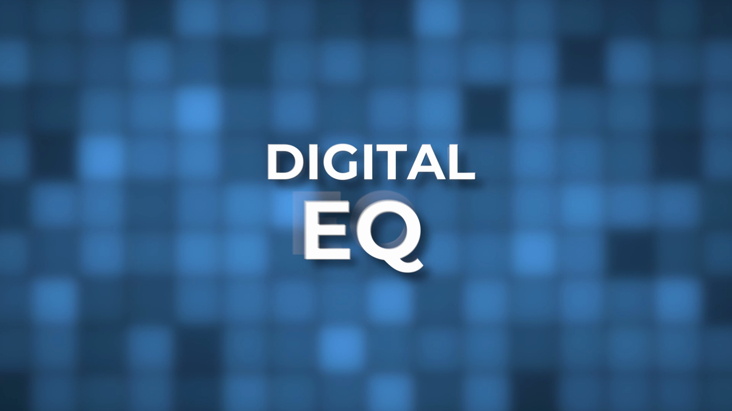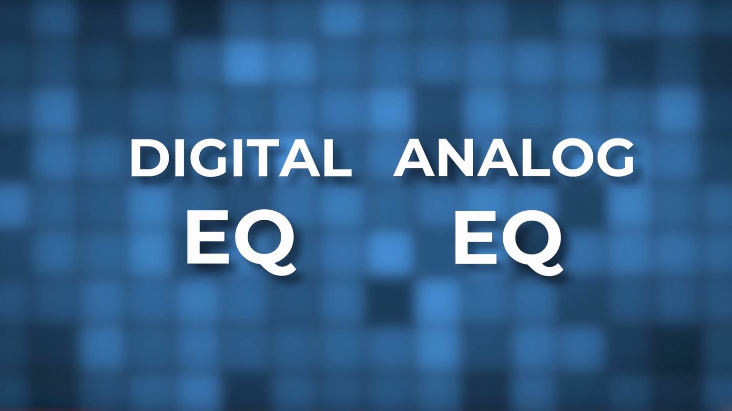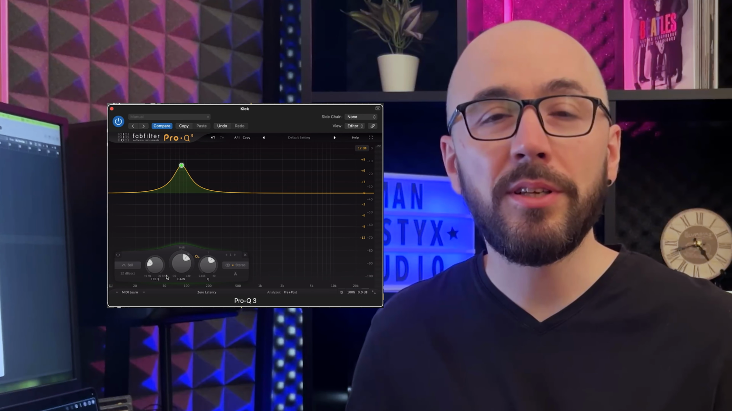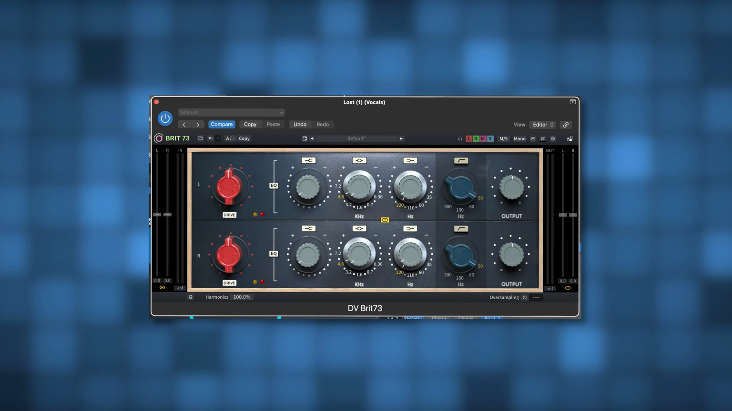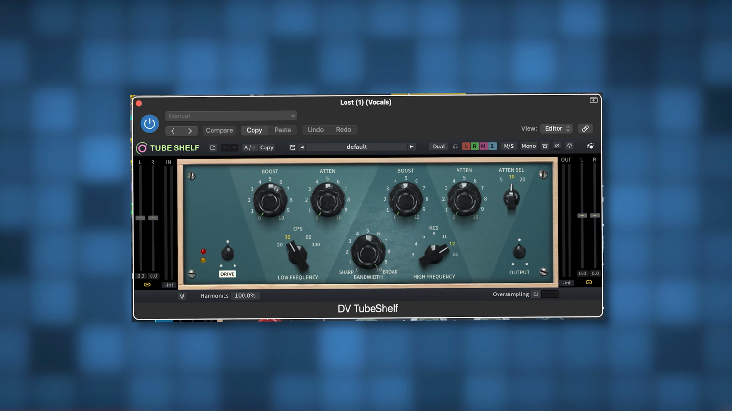Also, we have digital equalizers or analog equalizers. By saying analog, I also mean plugins which are modeled after analog EQs. So digital EQs like FabFilter Pro-Q, for example, are clean and transparent with no added color, which is great. Analog modeled EQs such as Brit 73 based on Neve or DV Tube Shelf based on Pultec introduce harmonic distortion